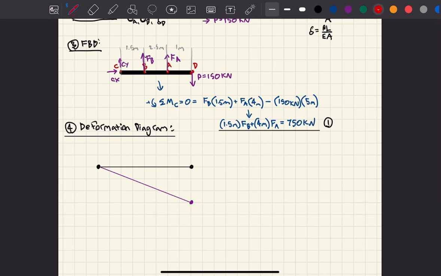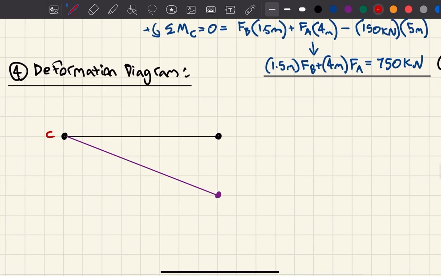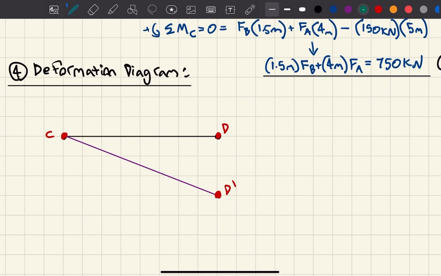Let's say, for example, this is my point C, right? Does not change. This is my point D. This is my new point, D prime. Let's say due to this force P,